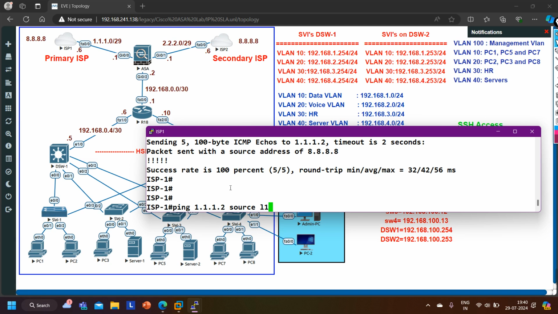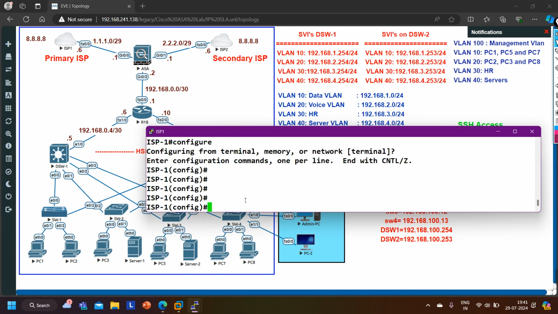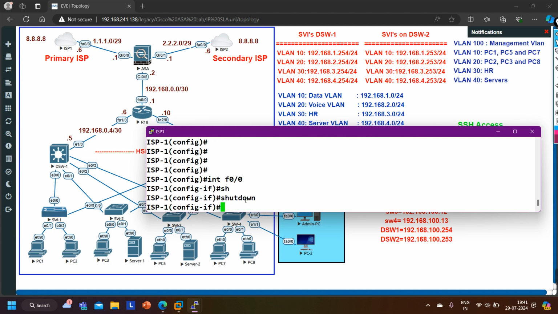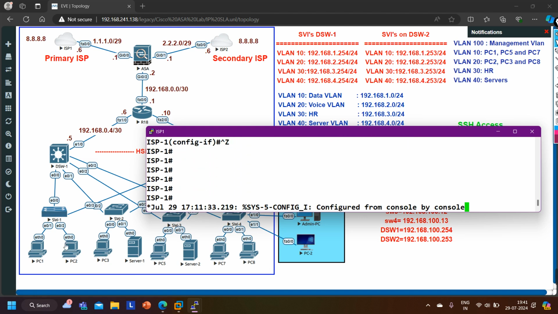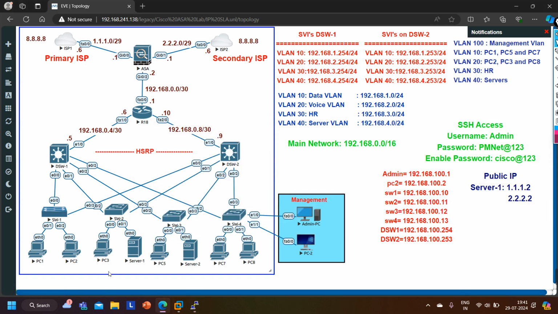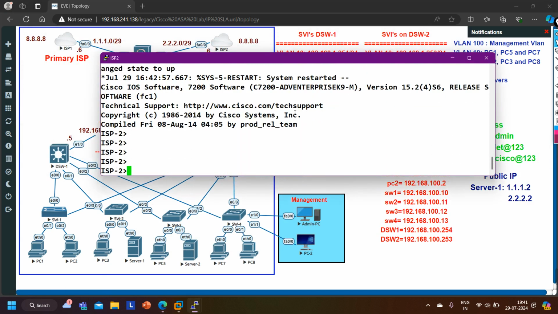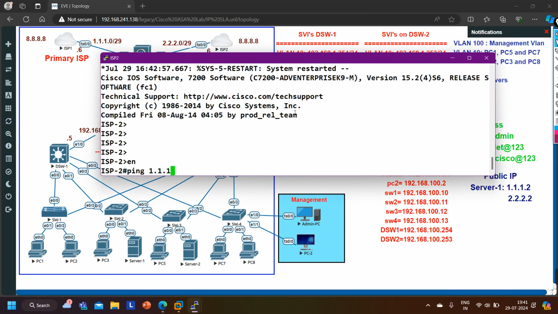But still we have some issue. See, an outside user cannot ping your server with the help of the private IP address, but an outside user can ping your server with the help of the public IP address, and you know the public IP address of your server. Now what will happen if ISP1 goes down? If ISP1 goes down, interface F0/0 shuts down, right? Now your end machines can access the internet, no problem, because the ASA is going to shift traffic from ISP1 to ISP2. But can an outside user ping your server from ISP2? Can I ping this public IP address? Ping 1.1.1.2,